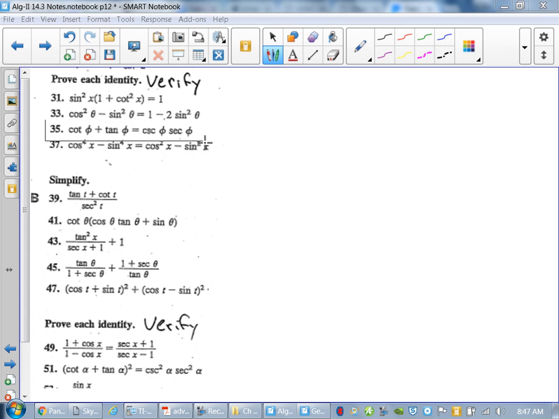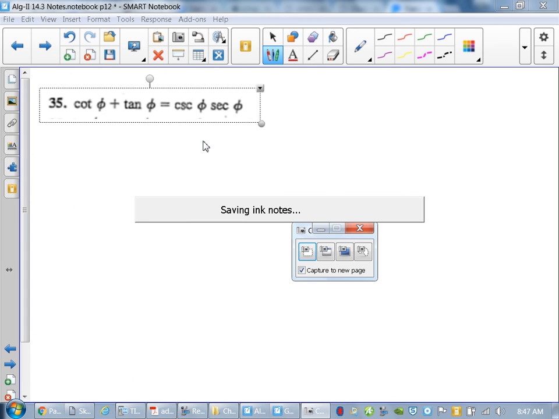Remember the trick that I told you guys about simplify when you had verify? If your verify starts with addition and it ends in multiplication, that usually means that there was some sort of common denominator done. Or if it starts with multiplication and goes to addition, it's kind of the same idea. You had to somehow figure out a common denominator to combine things together. So in 35,